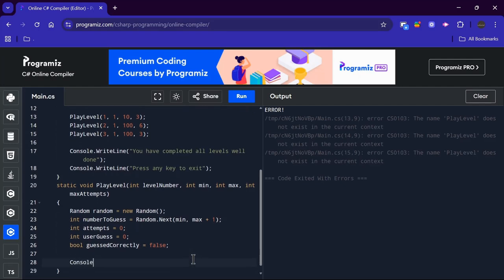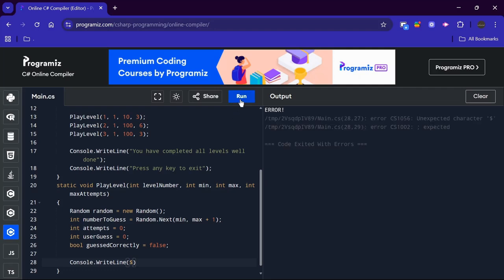Now it's time to display the level info. So write Console.WriteLine, dollar sign. I'm gonna run this before uploading because I'm gonna check for errors. As you can see, nothing makes sense at this time because the semicolon would be added after Console.WriteLine, which I will add, and the dollar sign is of use. Write \n Level, bracket, curly, levelNumber